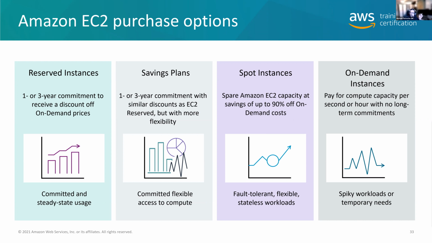These last two, the reserved instances and the savings plans, are actually two sides of the same coin. One is money focused, where you give Amazon a bunch of money and they give you a bunch of value in return for giving them money ahead of time. And the reserved instance type is when you say, Amazon, I want to buy 10 T3 micros in US East 1A for 3 years. And Amazon will be like, okay, we'll give you a 72% discount.